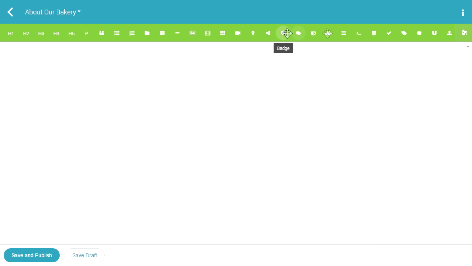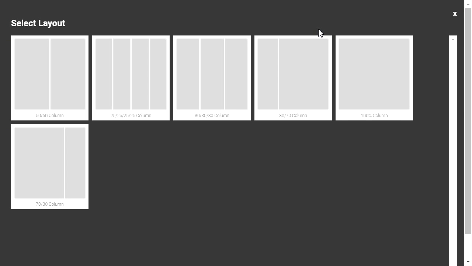The first button I'm going to use is the Layout button. This is what you use to put together page layouts. When I click on that button, you'll see that I can select a 50-50 column layout, or a 3-column layout, or a single column layout that spans the entire width of the page. The way that Boombox works is that you stack these layouts on top of each other. So, you can have a 50-50 layout stacked on top of a full width layout, and then a 3-column layout